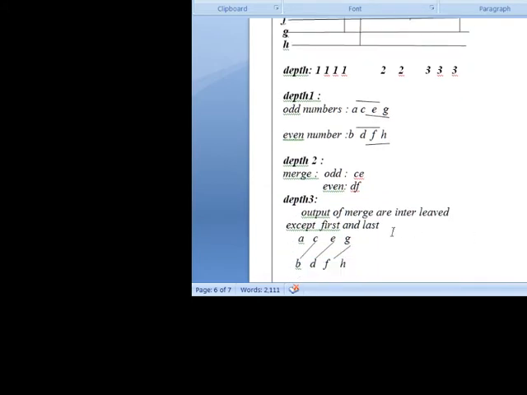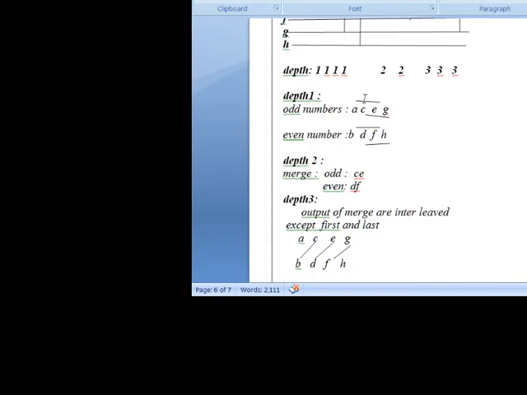After that, in depth 2, what we are doing is merge the odd numbers CE and DF. Odd numbers CE and DF. In depth 3, what we are doing is outputs of the merge are interleaved except first and last.